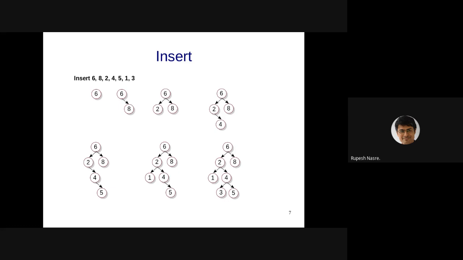So therefore, the insertion sequence is very important when you are dealing with binary search trees, because the complexity is going to be dependent on how the structure is, as we will see shortly. Right? So we'll come back to this soon, and I'll give you a degenerate example of this. For example, let's take that here. If I insert all these elements in the reverse order of their values, for example, I'm inserting it as 8, 6, 5, 4, 3, 2, 1. Right? If I insert it in this order, what will be the tree that you will get?